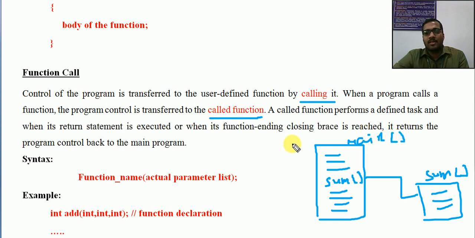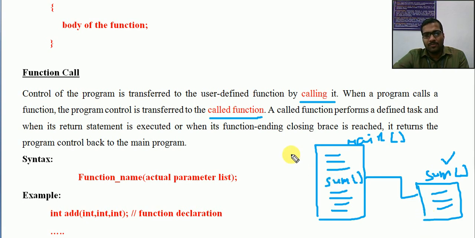Okay, even within the main, while writing the program, I will be writing the sum definition near to this main only. But internally, every function is stored separately. So when we write main, it is stored in one storage area. Sum is another function which is created separately, and it will be stored in some other location.